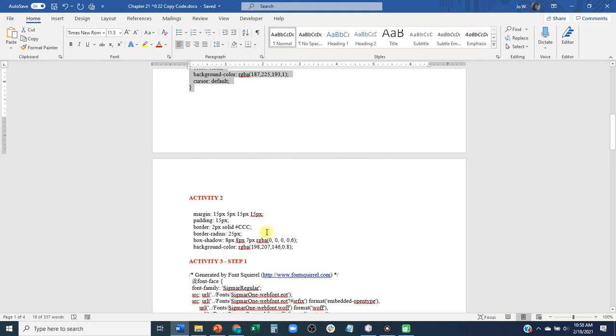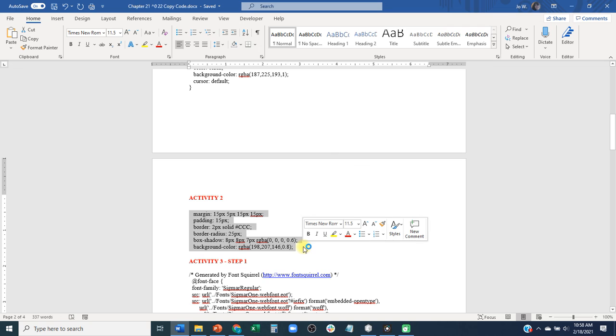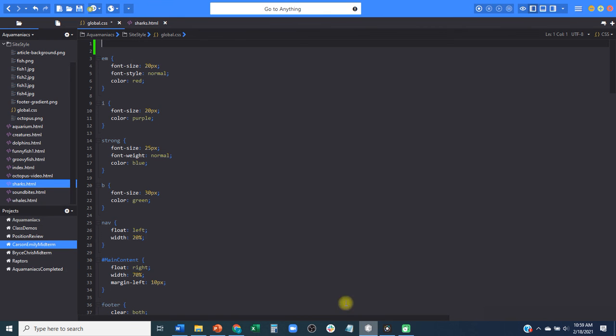I forgot to try out the border radius for our Aquamaniacs website. So let's back up a minute. If you go ahead and copy the activity 2 code,